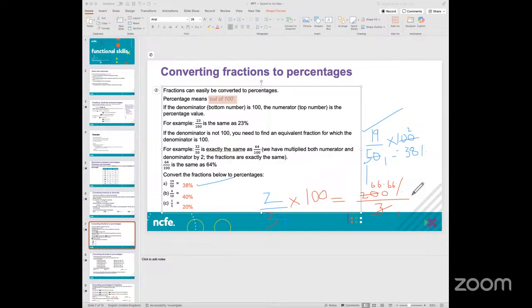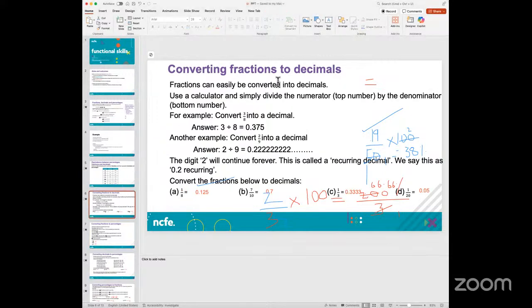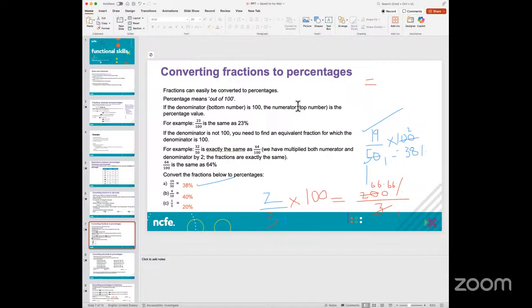So mentally you can do it, but if you have to do it on paper, which is something that is going to come in your exam, there will always be one or two questions in your paper which will be non-calculator based, and you need to use a pen and paper to calculate the percentage. You would need to know how to convert a fraction into a percentage, and how to convert a whole number or a decimal number into a percentage, and that is where these examples that I'm giving would actually come in handy. There'll be 1-mark questions, and you would be asked to convert a fraction into a decimal, and you'll be asked to convert a fraction to a percentage.